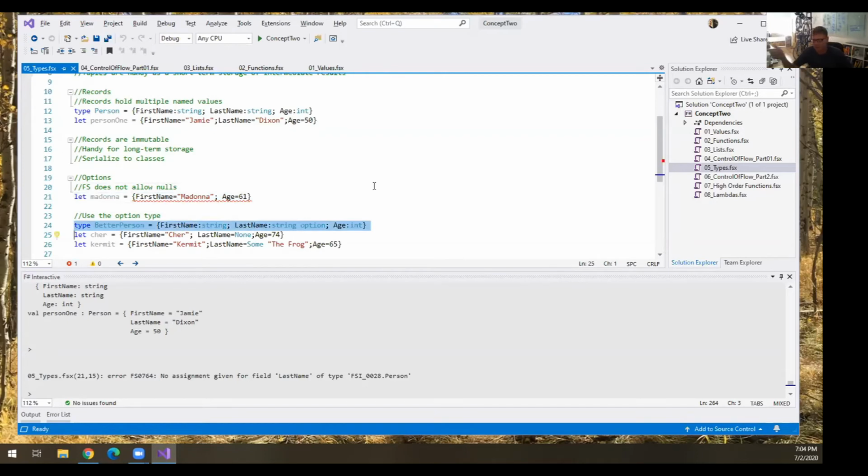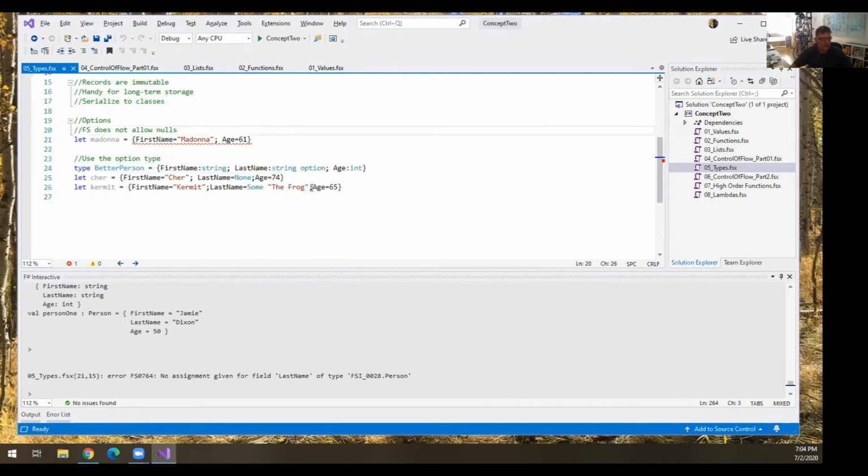And I'll get to the real stuff in about 5 minutes, and I'll show you. Basically, I have a type system that says instead of the last name being a string, it's an option of a string. Think of it as an Amazon box. You open up the box. What's in there? Either there's going to be a last name, or there's going to be nothing. But I'm going to declare it ahead of time. An option choice. The option either has a value of a generic, or it has none: some or none.